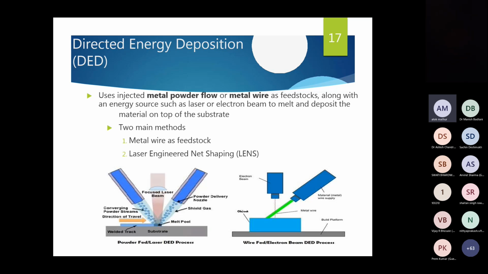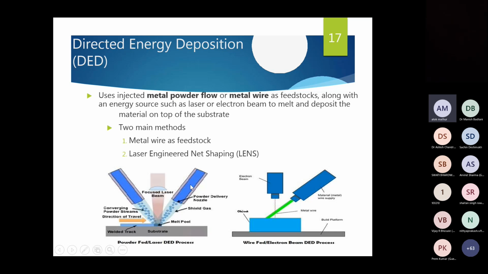Now we can come to another method, that is directed energy deposition, DED. This is one of the next advanced additive manufacturing methods. It uses injected metal powder flow. Why do we call it directed energy deposition? Because we are injecting material from nozzles or metal wire as feedstock.